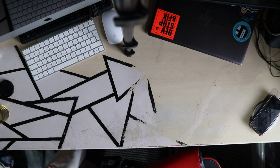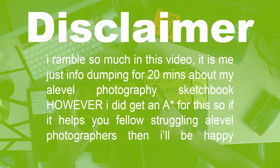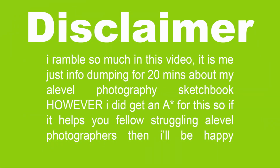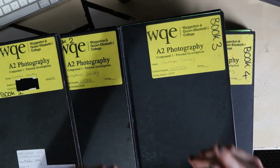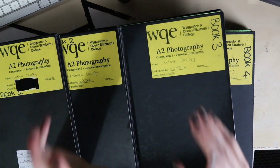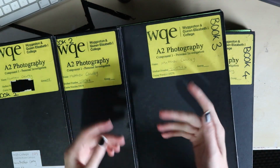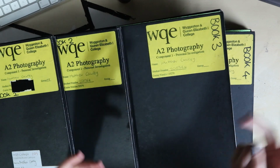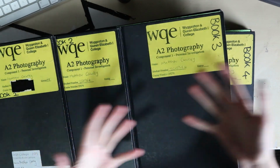Hey! These are my A-level sketchbooks, and I thought it'd be kind of interesting if I just did a little sketchbook tour, I guess. So pretty much I did my A-levels in 2021 to 2022, which was still during the pandemic kind of rules. Pretty much all that changed was in the last year of A-levels we were meant to have 2 projects, but instead we just had one that lasted the entire year, and this is that entire year's